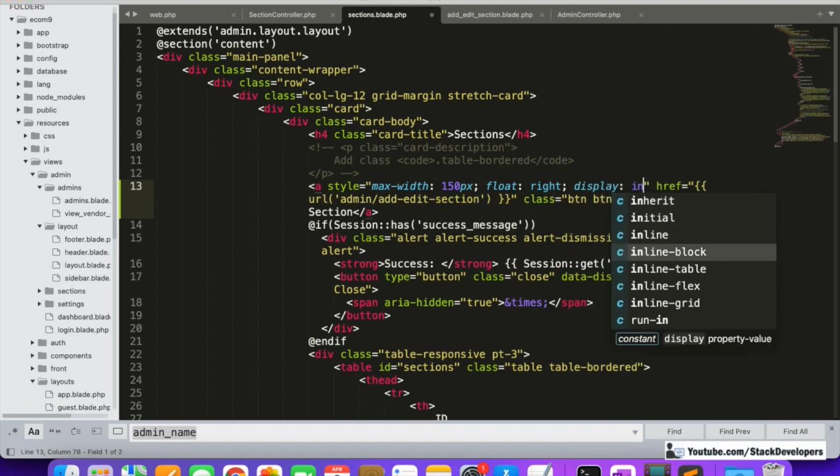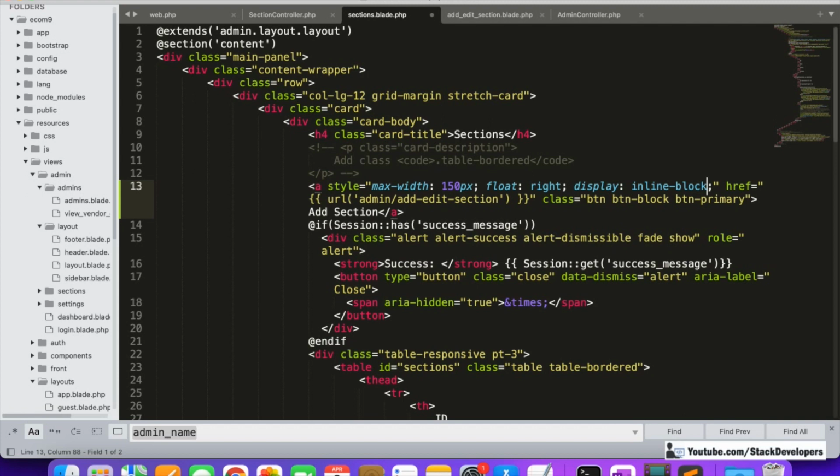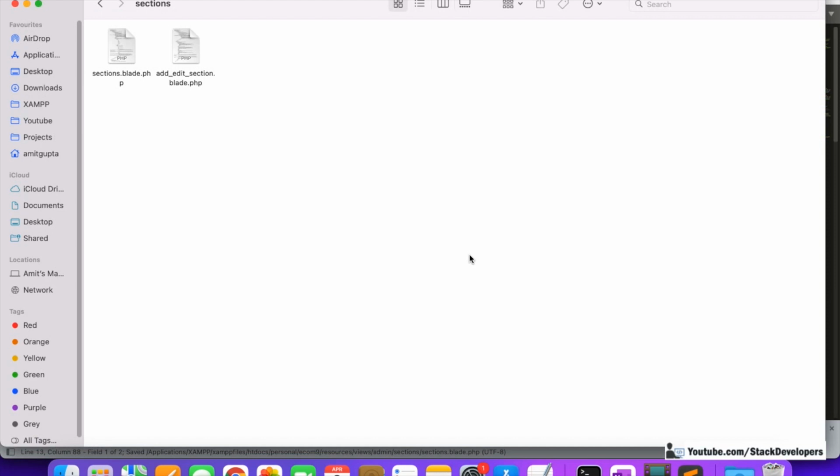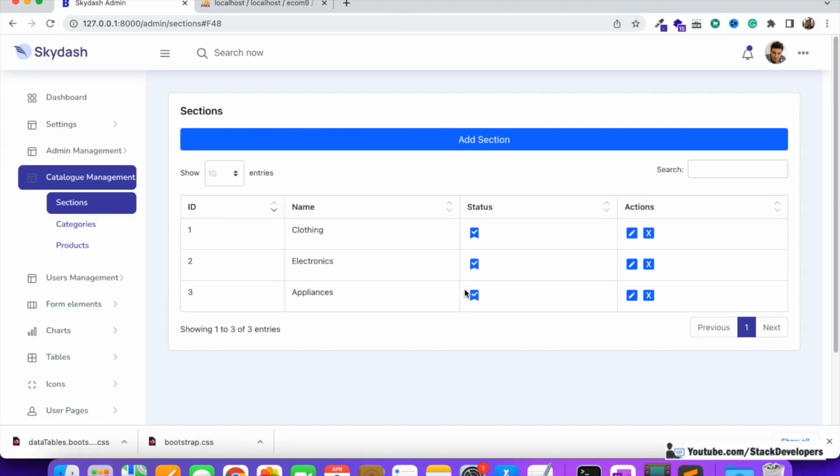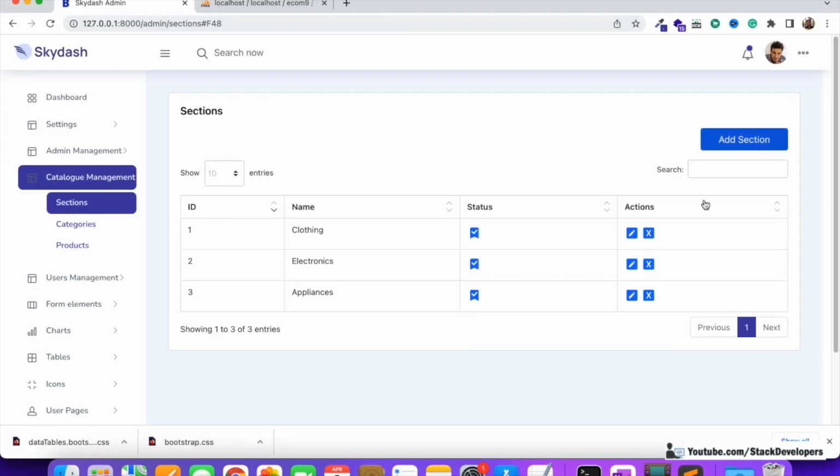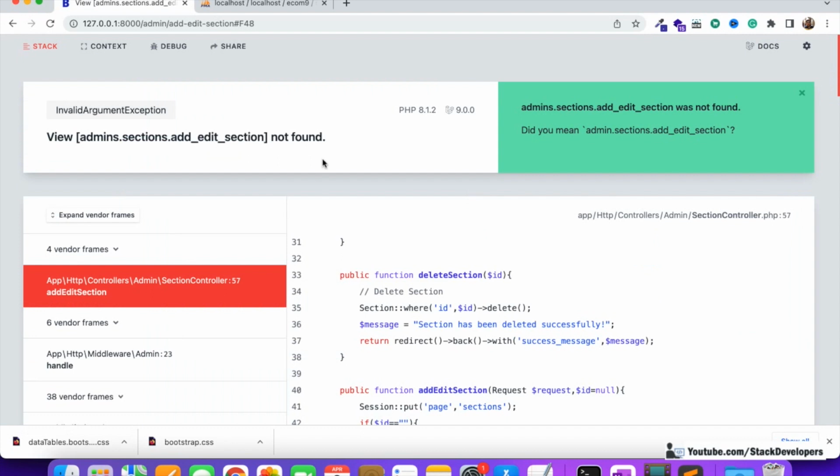Okay, so work with your CSS friend. Okay, this one, your CSS, your designer can help to resolve such kind of issue. Now it seems to be fine. Add section. Okay, so now if we'll click on this one, add section,